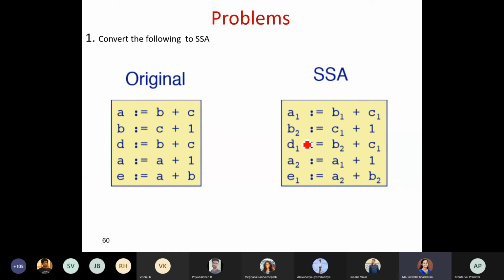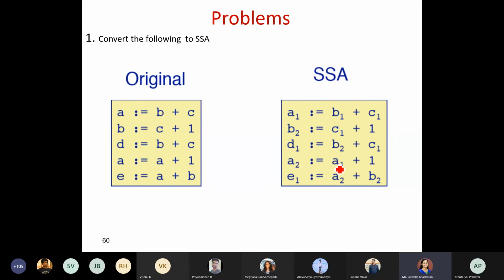After that, the third expression, D equals B plus C. Which B do you have to use here? The updated one, B2. So B2 plus, what about the C part? C has not been updated, so it will be C1 itself. What about D? Till now we didn't have any D, so this will be D1.